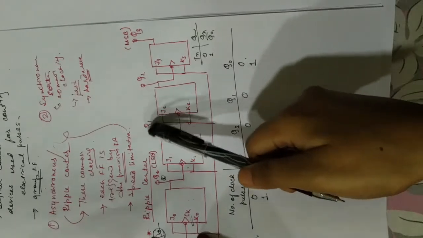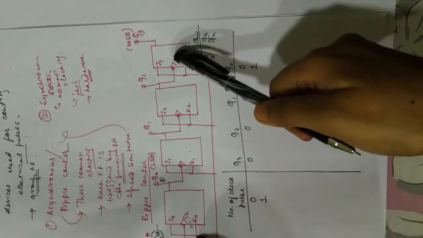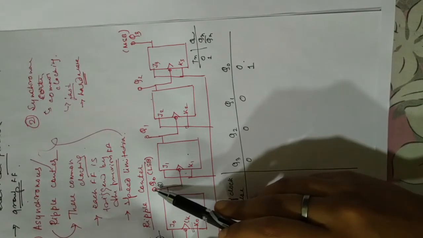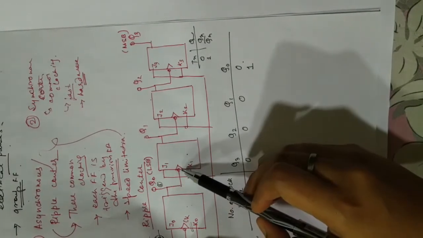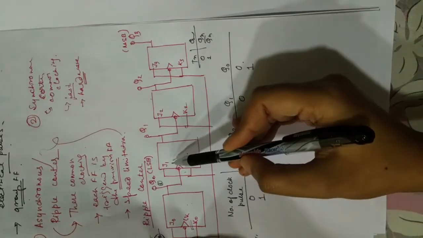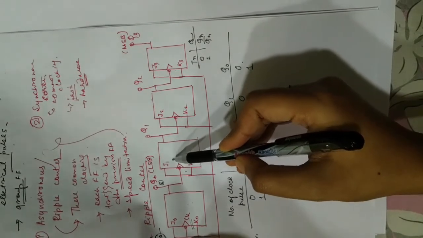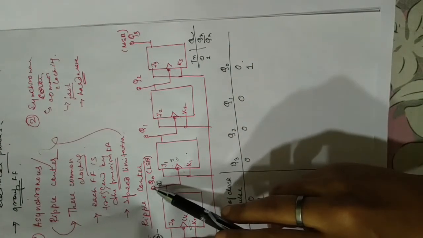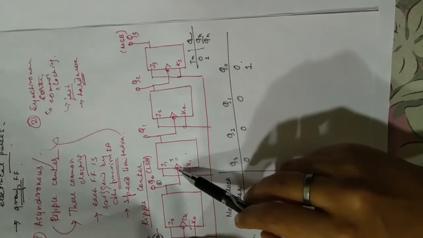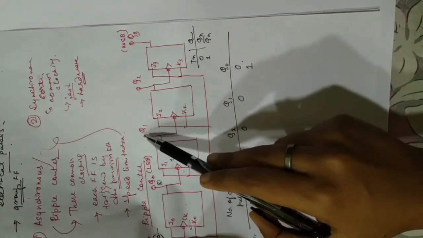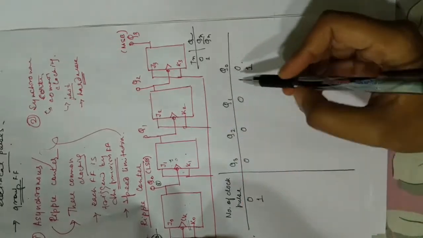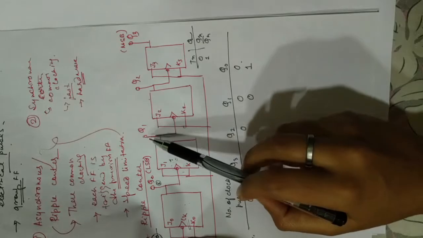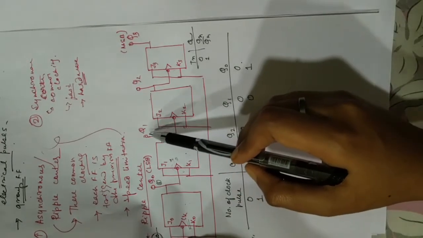So the previous output states will be acting as the clock pulse of the flip-flops. If you see at the previous output state, it has changed from 0 to 1, but this clock will get active only when the clock pulse falls from 1 to 0, because it is a negative edge triggered flip-flop. So since our value has changed from 0 to 1, this remains unaffected, and Q1 equal to 0 only gets displayed. That means the previous Q1 gets displayed. It is not changing. Over here again we had a 0 and again we get a 0.